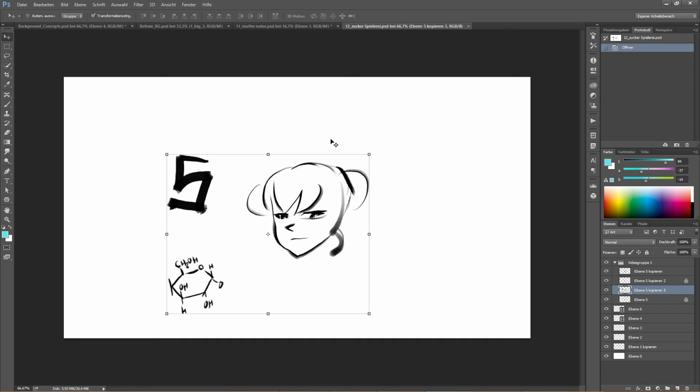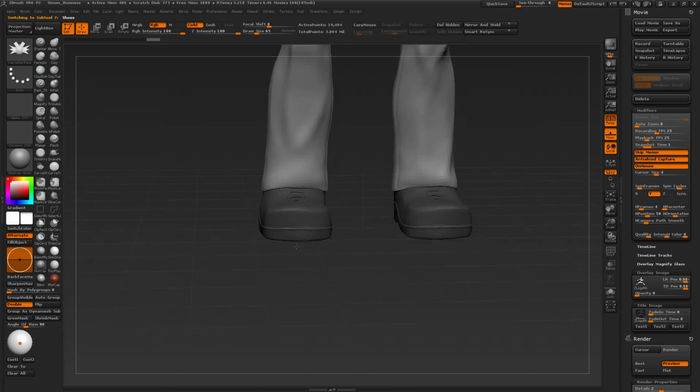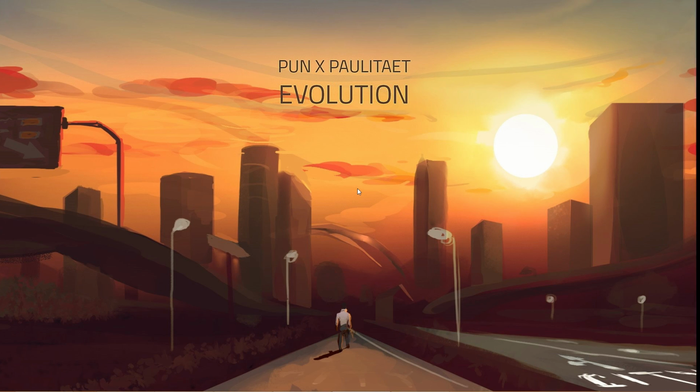Animated certain parts inside Photoshop. What the hell is that? Nice shoes. Here's some goddamn shoes! If you have watched the video